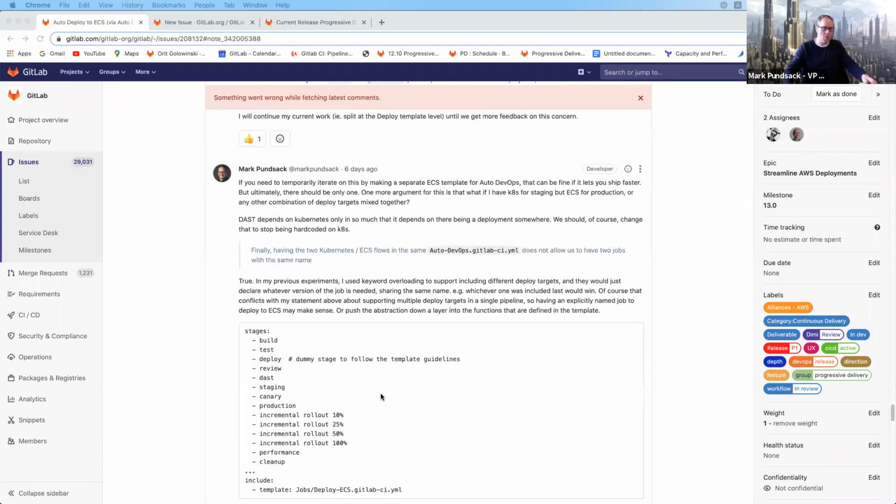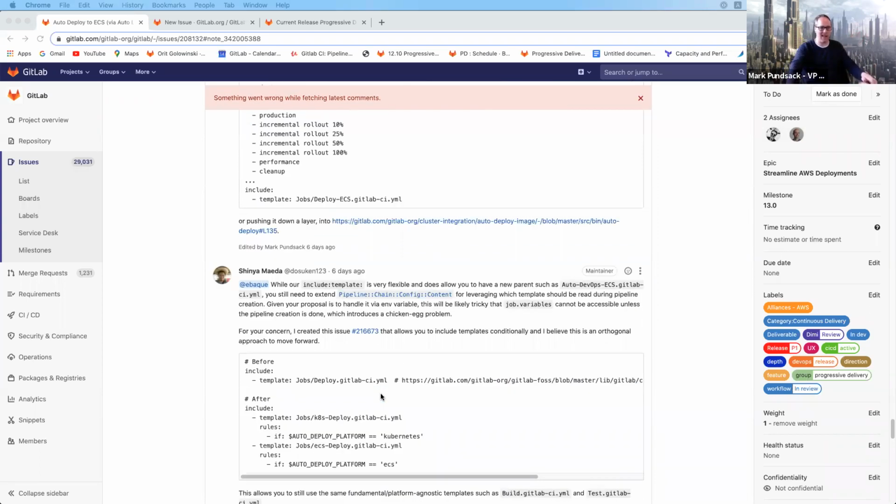Although, maybe that's okay too, if you want to relax constraints, because I also had suggested earlier, wouldn't it be great if we just auto-detected? If the cluster is available, deploy to Kubernetes. If ECS variables are there, deploy to ECS. And that way, maybe I would even just hide my Kubernetes variables from production, because you can do that as well. The challenge then, though, is if you declare that up higher, like if a group has a Kubernetes cluster available, then there's no way to override that. I would just always end up deploying to the Kubernetes cluster because the variable's available. So